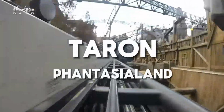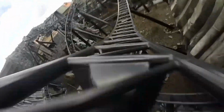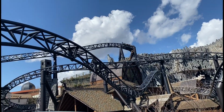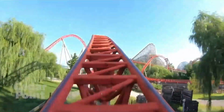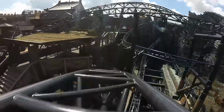Next up is Taron, which was my favourite coaster at Phantasialand. This was my second Untamed Blitz coaster, after I did Maverick at Cedar Point a year earlier. Although they're the same ride model, they provide very different ride experiences. Whilst Maverick has multiple powerful airtime moments and snappy transitions, Taron has a greater focus on theming and presentation, with